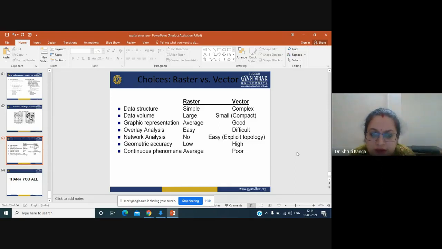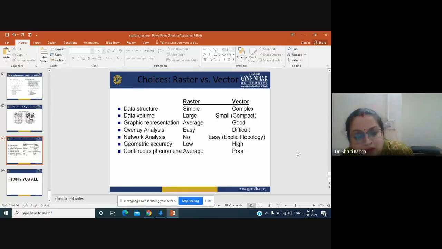Then network analysis is easy in terms of vector data sets, like network analysis is possible through different road analysis or something like that. They are very visible in terms of vector.